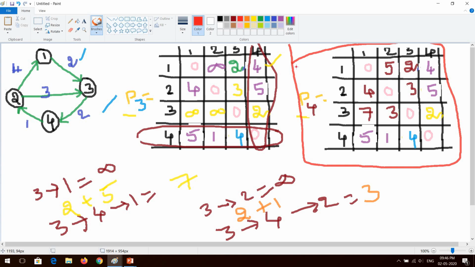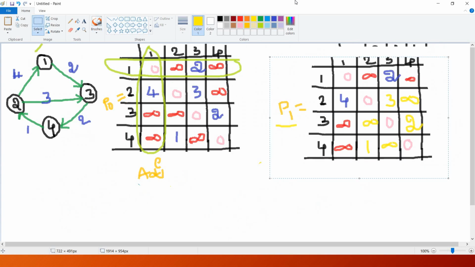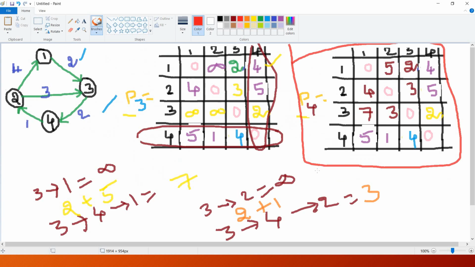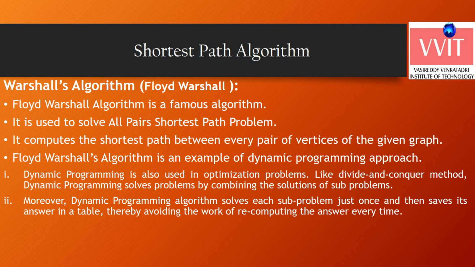If you observe clearly, in the first matrix, the transitive closure adjacency matrix, how many infinite values do we have? Infinite 1, 2, 3, 4, 5, 6. We don't know whether we are able to move from 1 to 2 or not in the initial situation P0. But after P1, P2, P3 and so on up to P4, finally we came to know that yes, there is a path from every vertex to every other vertex by means of some intermediate vertices. That is what Warshall's algorithm is saying. So I think now you are aware of what is happening inside Warshall's algorithm.